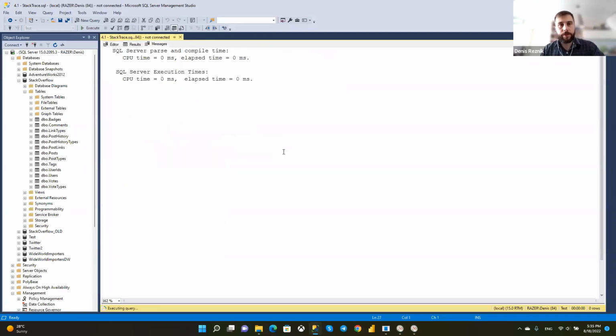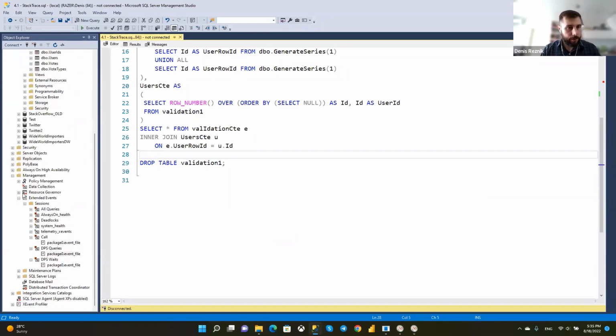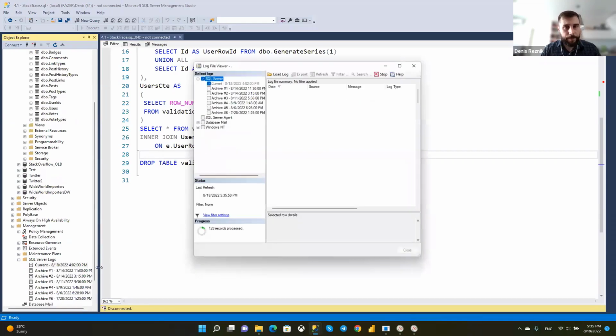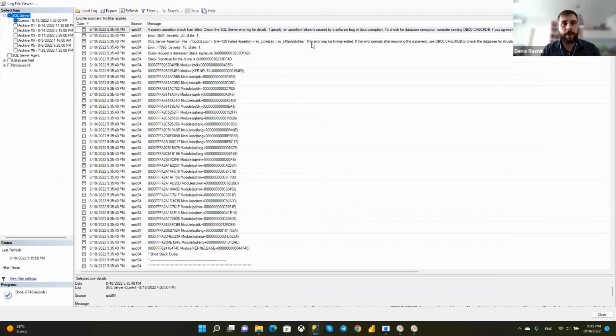So what can we do with this? We can go like it was suggested in the message to the error log and spend some time there, but in my experience troubleshooting this case, I did not find any useful things here.